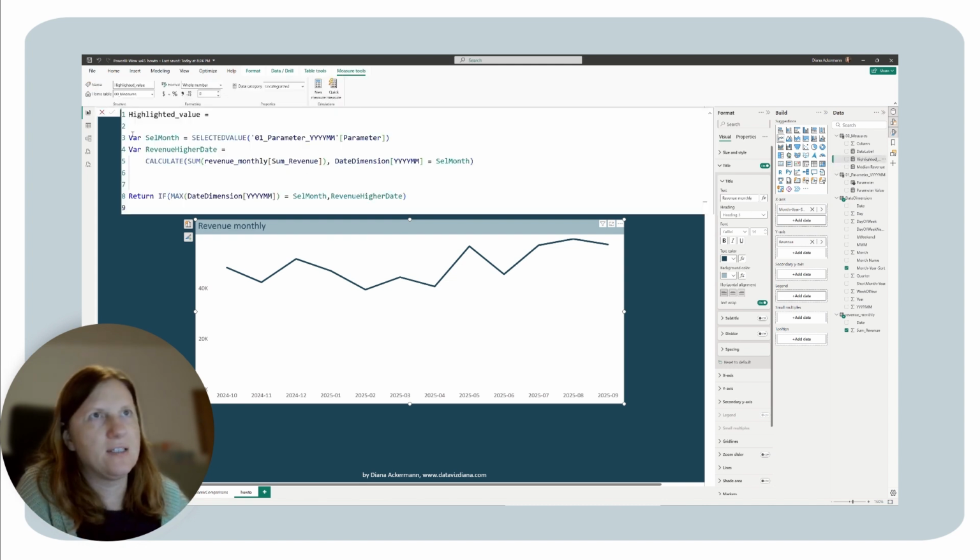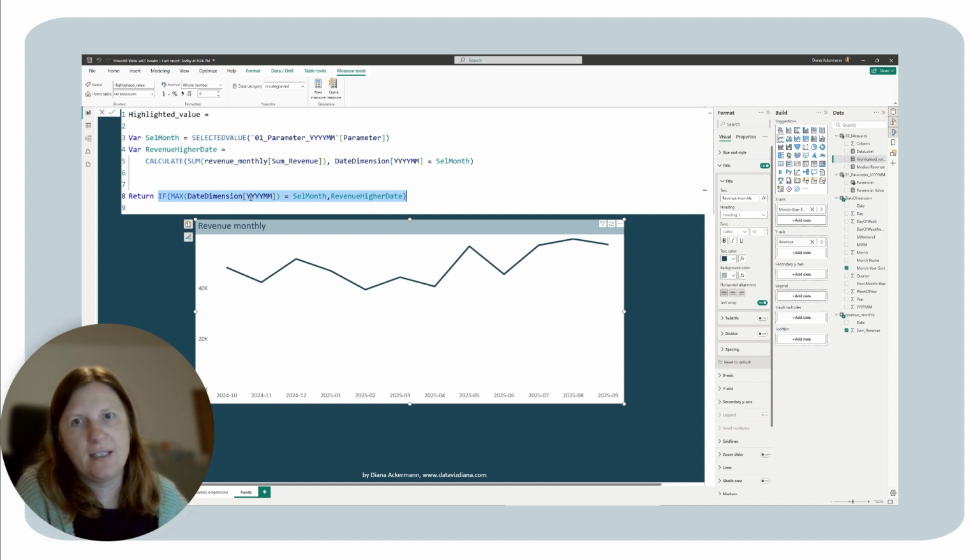So the highlighted value just takes the selected month of the parameter. Then it filters the revenue of the date to this selected month, and then it returns this revenue just for